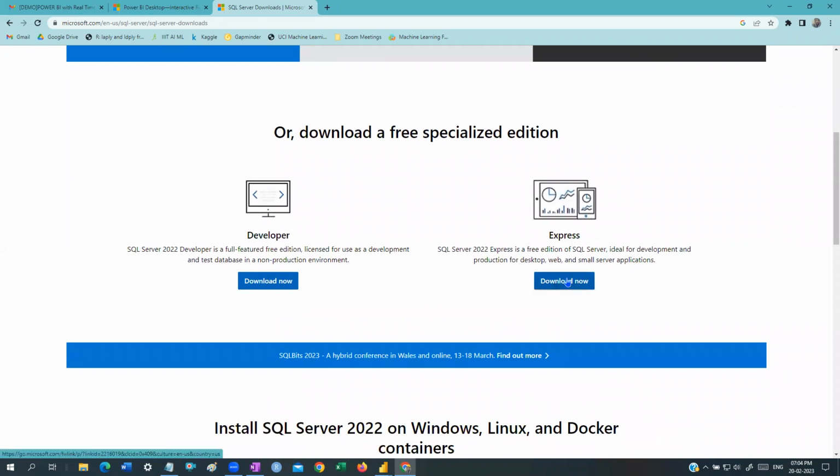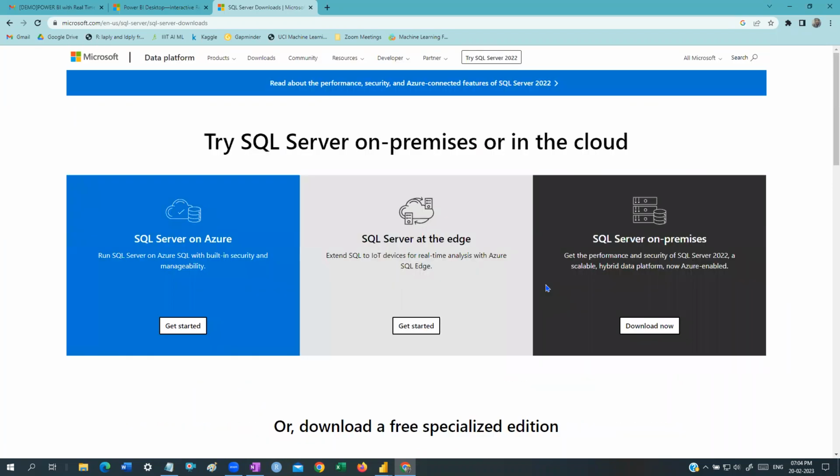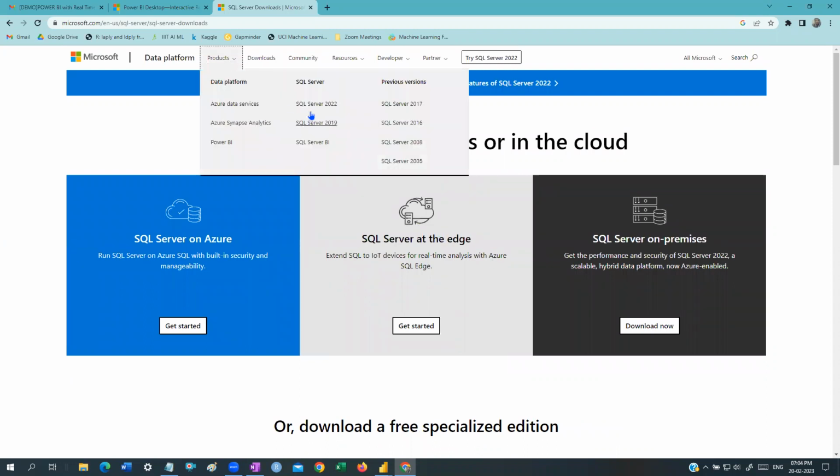If you are interested, you can download. If you are aware of that, download it, guys. It is for 2022, the latest version of SQL Server. So don't download anything, guys. Okay, you can see SQL Server. These are the previous versions we have, guys: SQL Server 2022, SQL Server 2019.